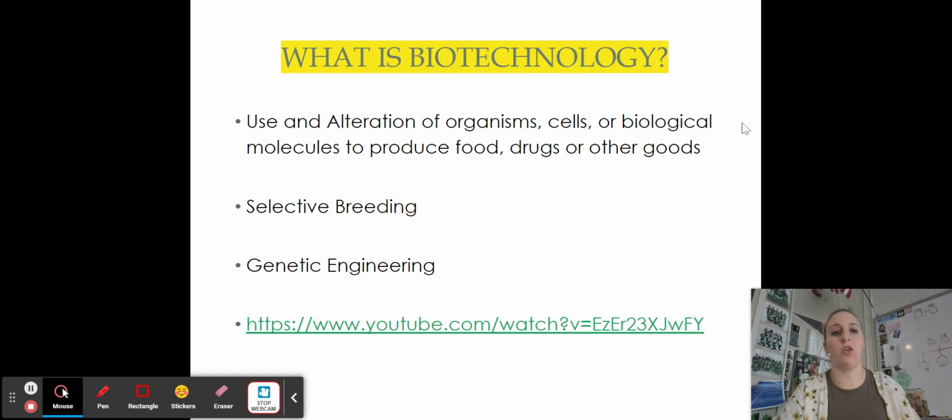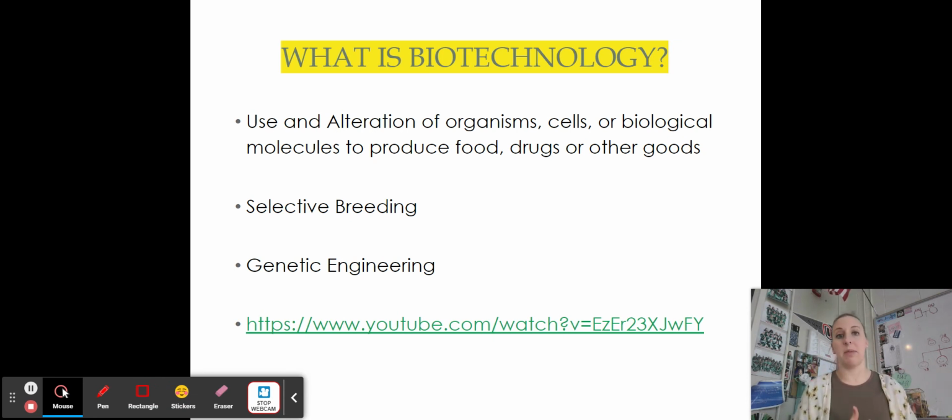The word itself breaks down to bio, meaning biology, the study of life, and then technology is the tech that's used for that. So biotechnology is going to be the use and alterations of organisms, cells, or biological molecules to make things. That could be food, drugs, it could be clothing, textiles, it could be